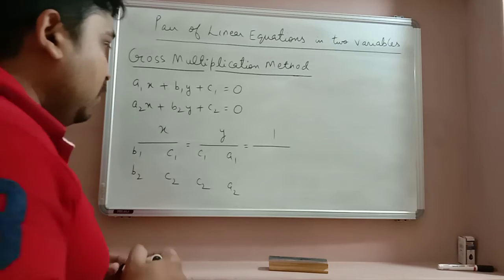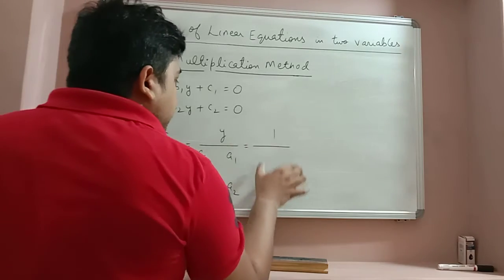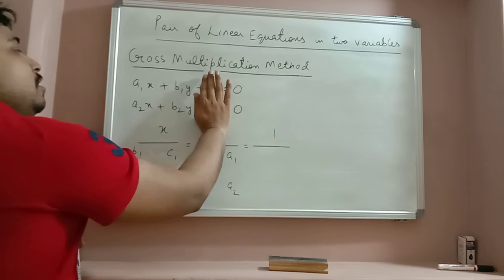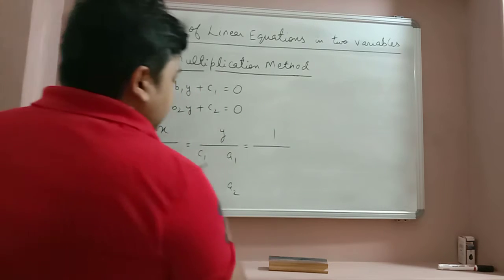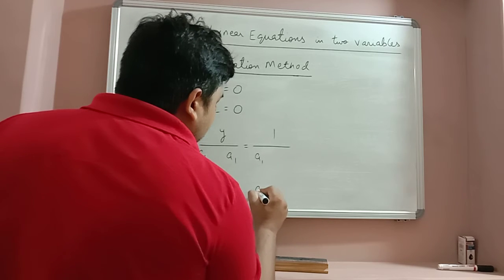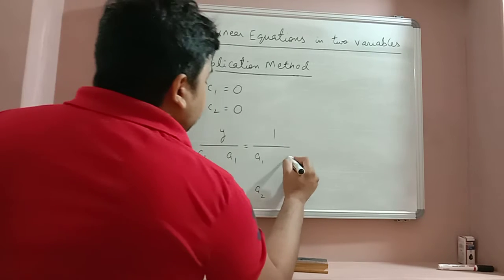Alright, so now on writing below the constant terms, I will eliminate the constants, and after c I will get a. So again I will write down a1, a2, and then there is b1, b2.